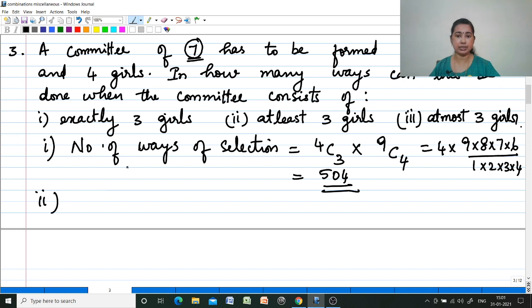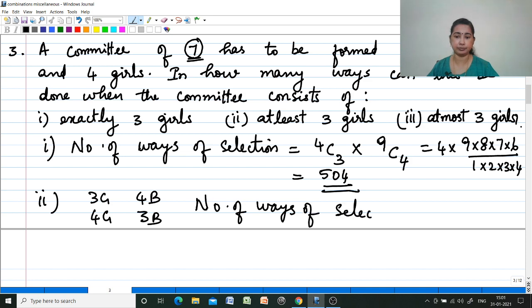The second sub-question is at least 3 girls. That is, a minimum of 3 girls, which means a maximum of only 4. So if you are selecting 3 girls, the remaining 4 should be from boys. Or I can select 4 girls also. If we are selecting 4 girls, the remaining 3 are from the boys. So the number of ways of selection is equal to